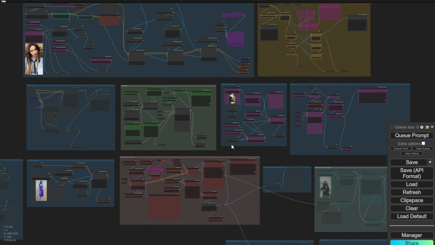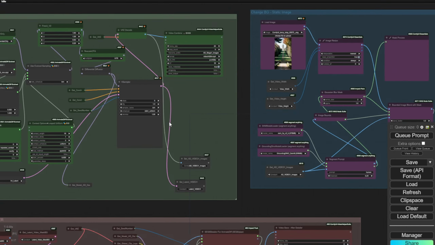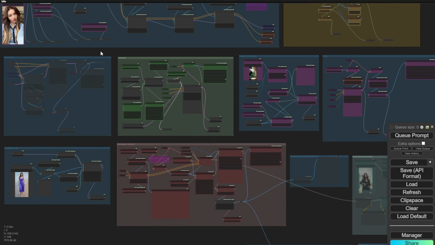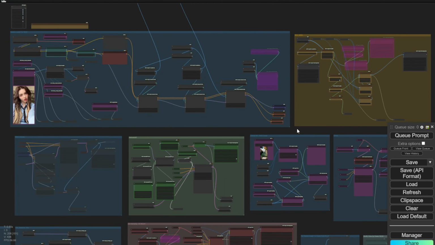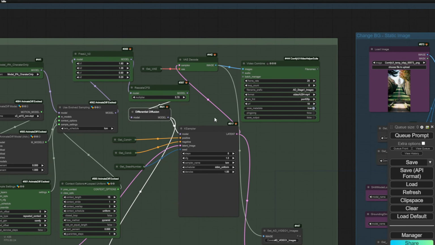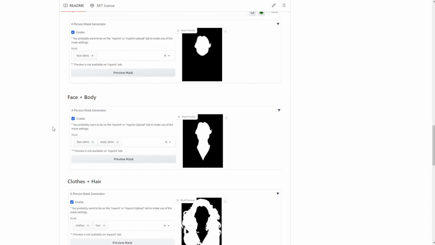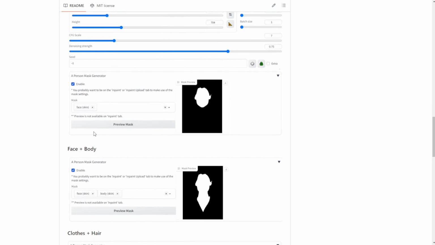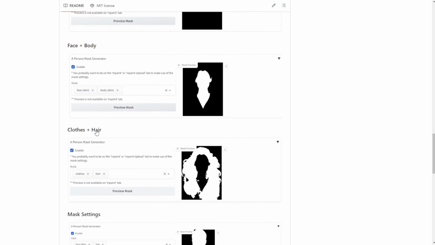But then I want to try out this new method, a simpler workflow without so many nodes connecting to each other. I just want to try with the IP adapter and the differential diffusion, and also using the Coco segmenter mask and the person mask generator to do that. As we've played around with this before in Automatic, this is a pretty fast generator for masking our character's face color, hair, the bodies themselves, etc. But it's really just focused on characters.